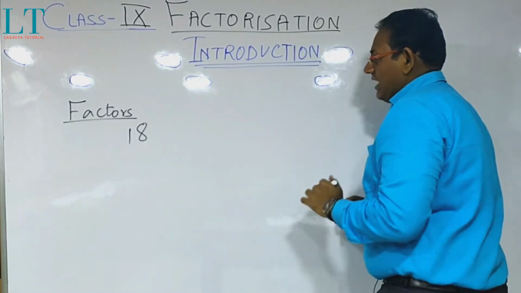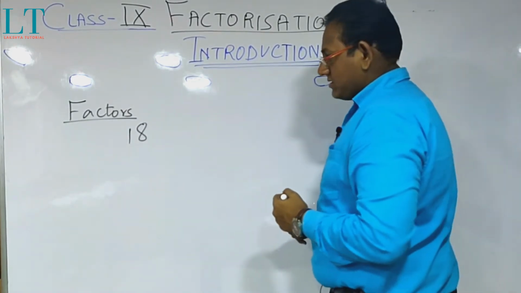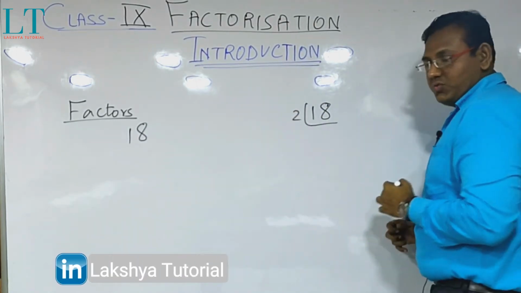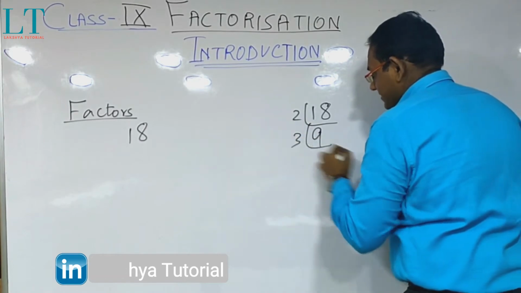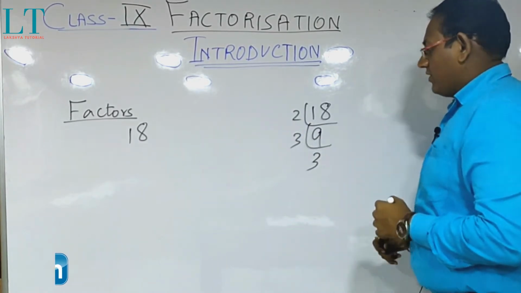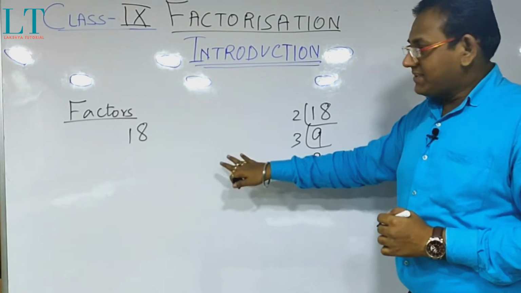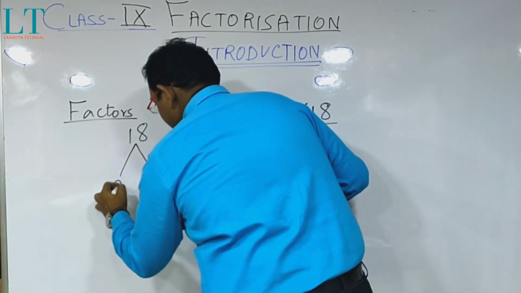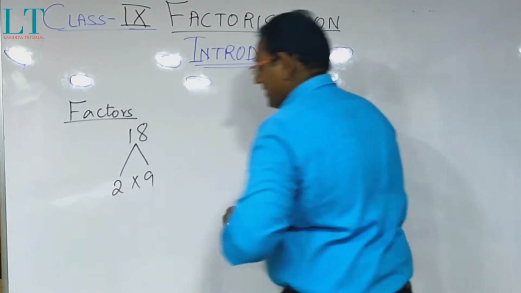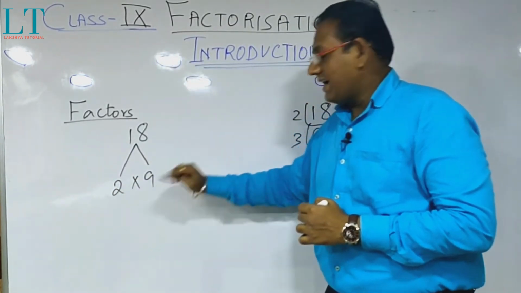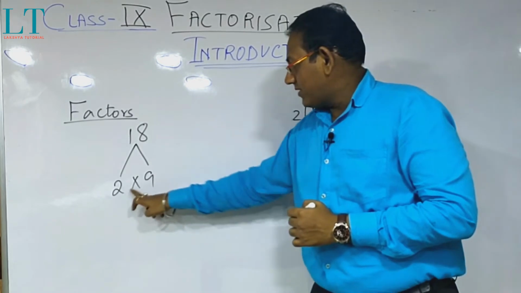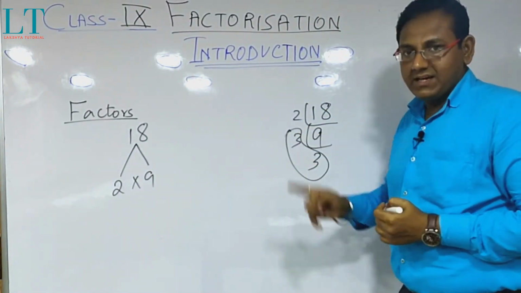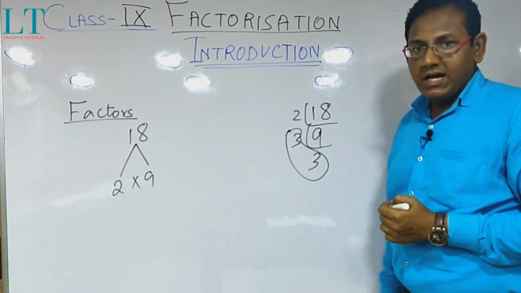The first way is to take the LCM of the number. If I take the LCM of 18, it is 2, then we get 9, then it is 3 and then 3 over here. Now I can say that the factors of 18 can be 2 cross 9. That means if we multiply 2 and 9 we get 18, considering this 9 to be one single term. That means 3 into 3 will give you 9.